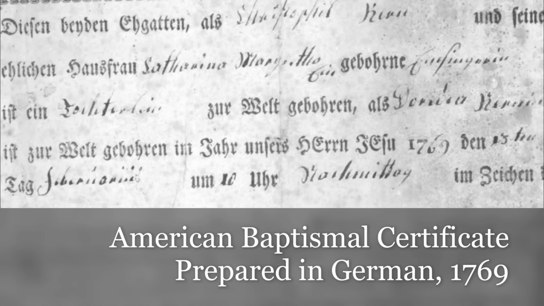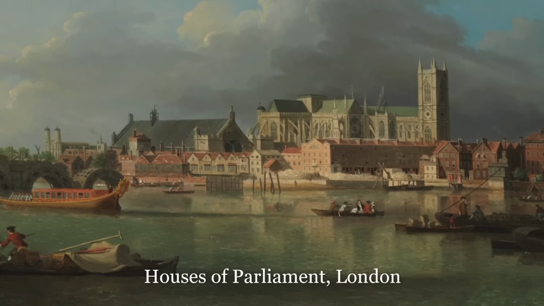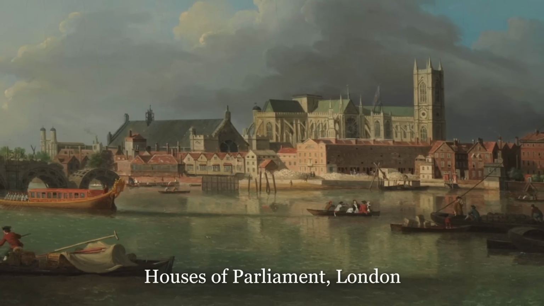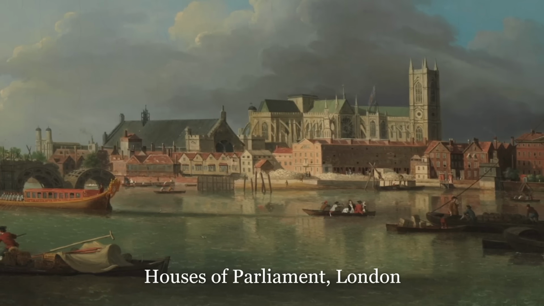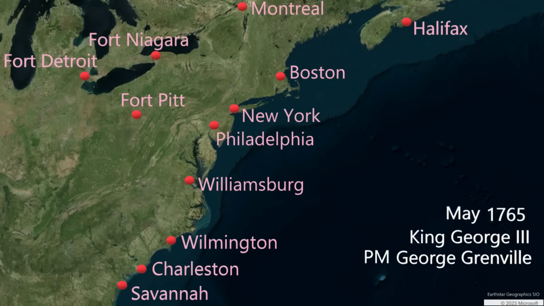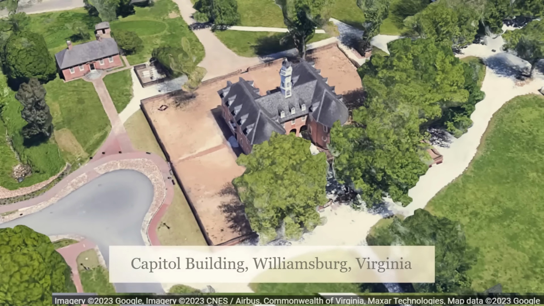While Britain has imposed duties on imports for generations, the Stamp Act is the first time Parliament imposed a tax internally within the colonies. Also in May, the same month that word reaches America that the Stamp Act is passed, the House of Burgesses in Virginia resolves that only Virginia's representation can tax Virginia. The Stamp Act isn't even in effect yet, but it has caused turmoil in the colonial assemblies.